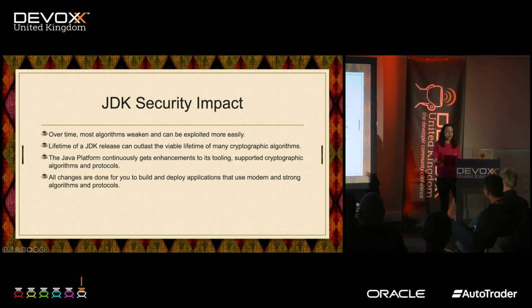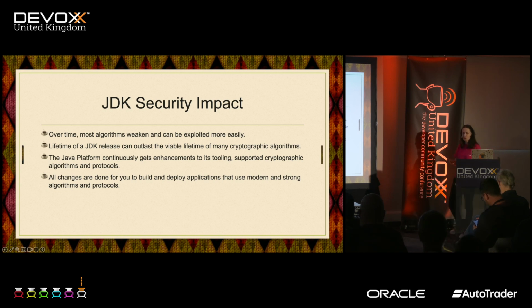It was a great release, I mean, and it had so many great things like lambdas and streams and more. But that JDK release happened a while ago. And not just Java evolved, but also the hackers improved their skills on hacking certain cryptographic algorithms. So the JDK has to also respond to these potential attacks, hence the changes that come with each release, including in security, and especially with security.